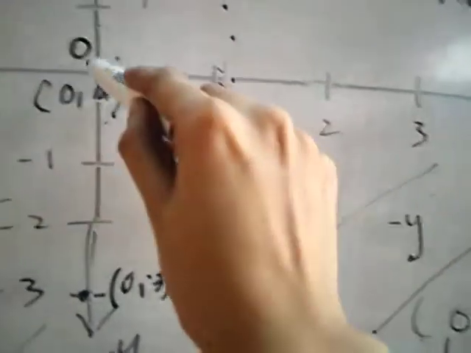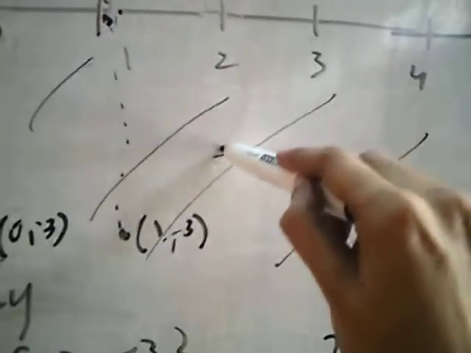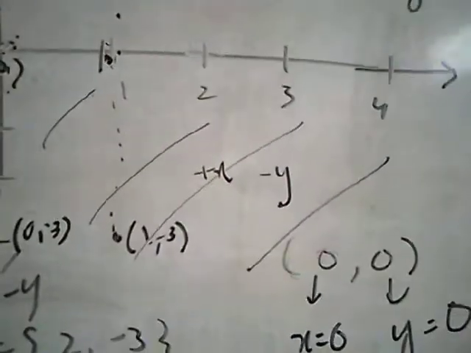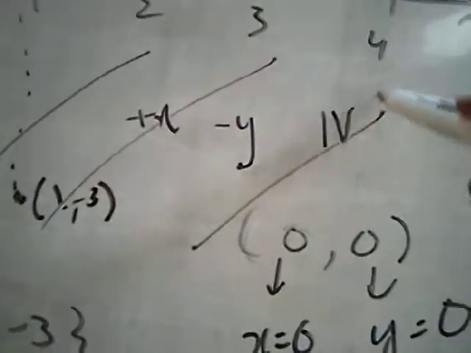Over here, this whole region has negative y, but x is positive, so whenever the values of x are positive and y negative, you will map them onto the fourth quadrant. So actually these quadrants have been named in an anti-clockwise manner: first quadrant, second quadrant, third quadrant and fourth quadrant.